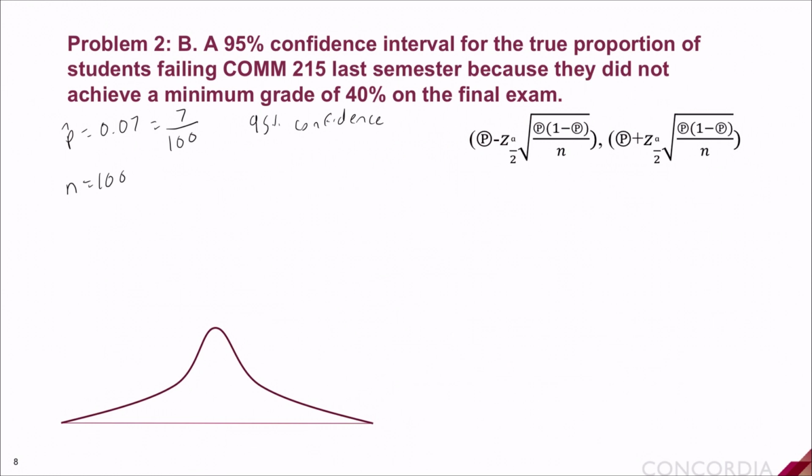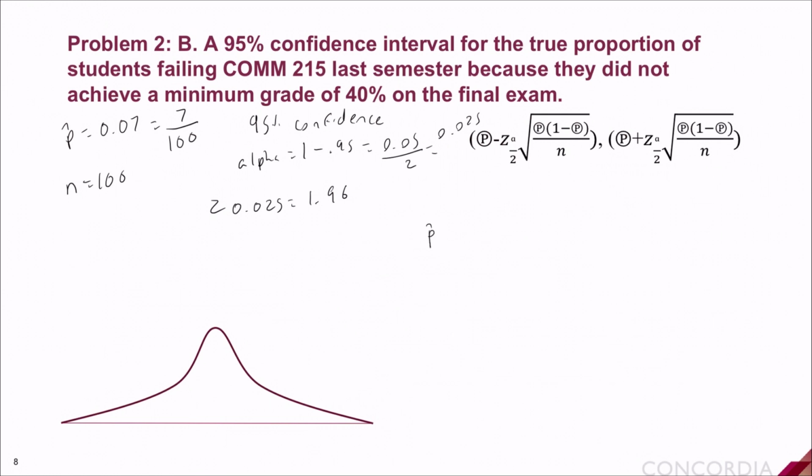Given that our confidence has not changed, our alpha from the previous problem is the same, which was found by doing 1 minus 0.95, gives us 0.05 divided by 2. Our alpha must be divided by 2. Gives us 0.025. And our z-score, equivalent to an alpha of 0.025, is equal to 1.96. Now that we have all the values we need, we're going to plug it into the equation, which will give us